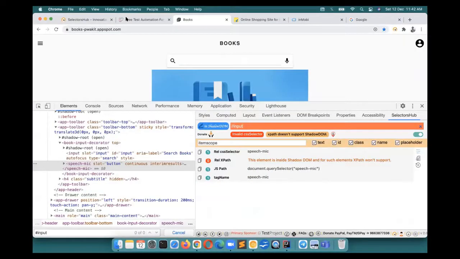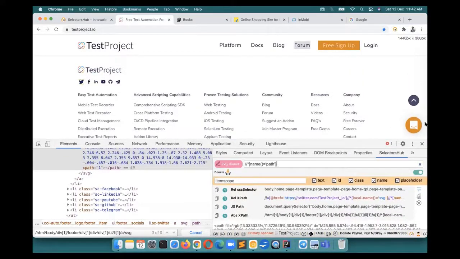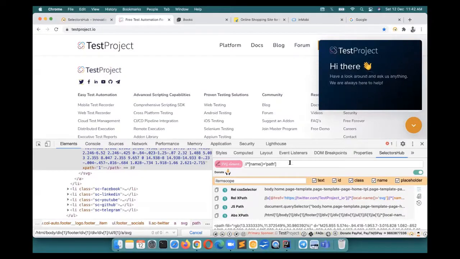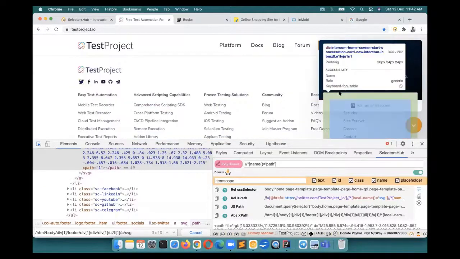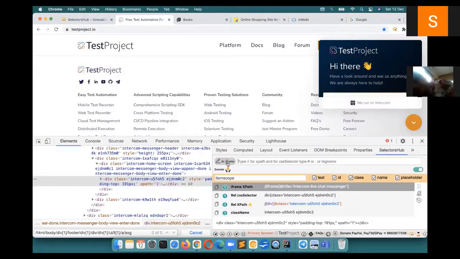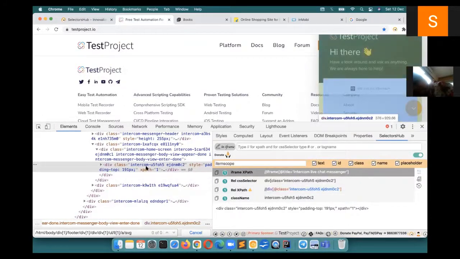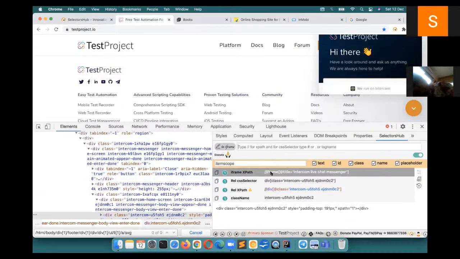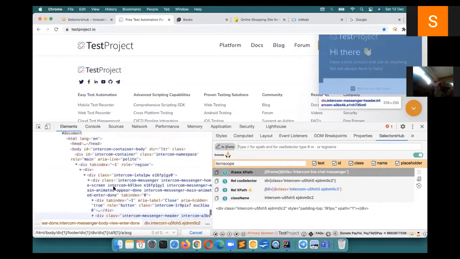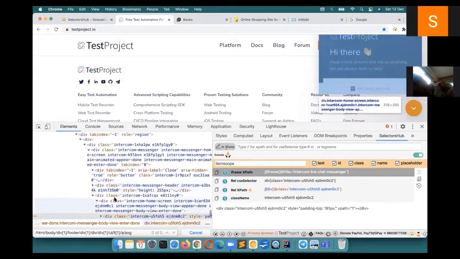If any element is inside an iframe, you inspect that element, and it will give you the XPath for the iframe as well as all possible selectors for the inspected element. So if you see here, it tells you that this element is inside an iframe. It gives the selectors and relative XPath for the inspected element, along with the XPath for the iframe inside which this element is. You see that this is the iframe here. For that, it has given the XPath, and this is the XPath for the inspected element.